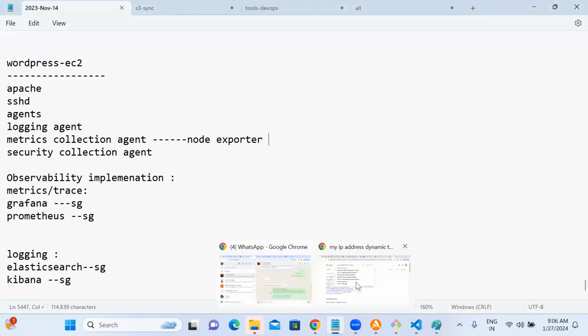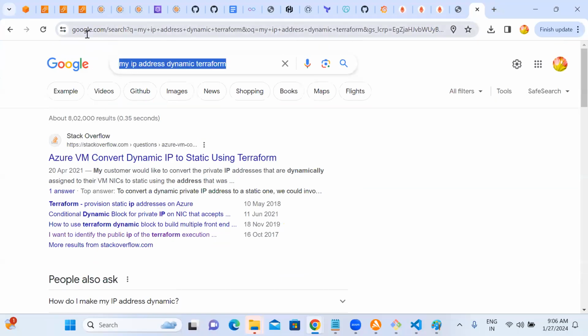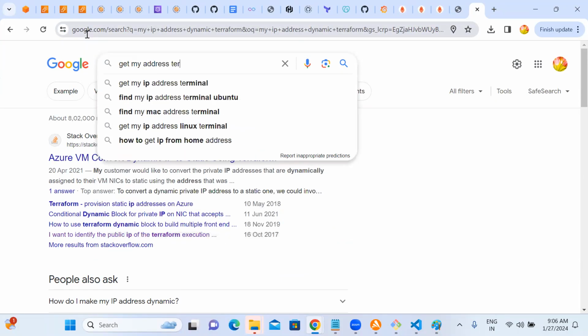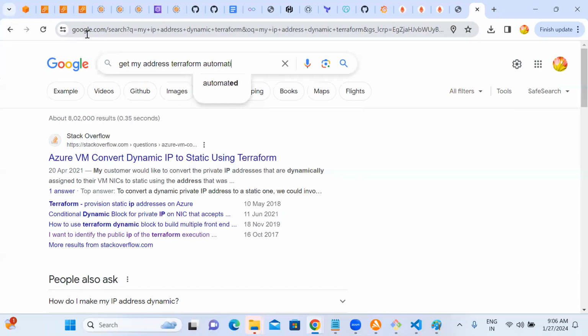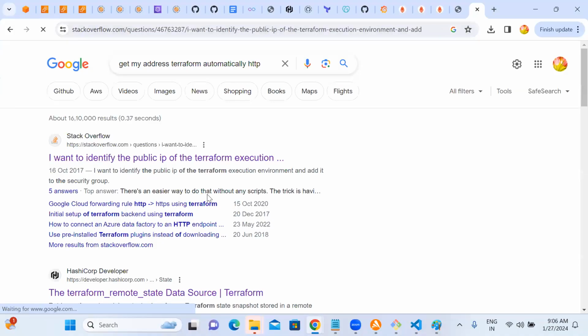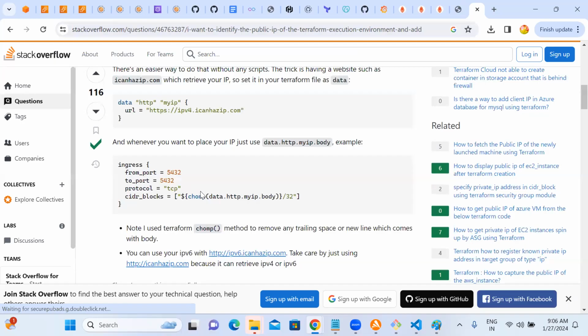Sorry, there is an HTTP provider or something. Yeah, here are some examples. There is one website.